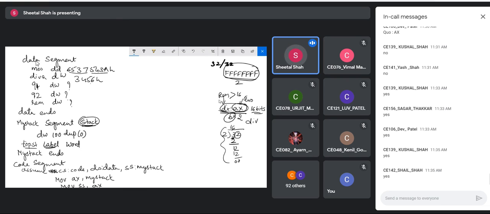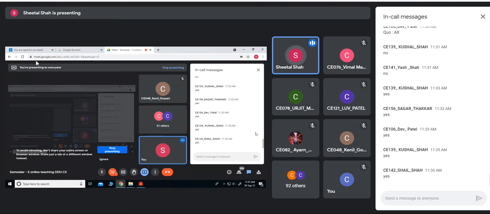And similarly, I have to initialize the stack pointer with this TOP_ST. So MOV SP, TOP_ST. So you have to initialize the stack segment register as well as the stack pointer register. Is this thing clear, everyone?